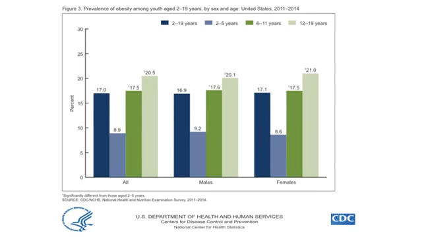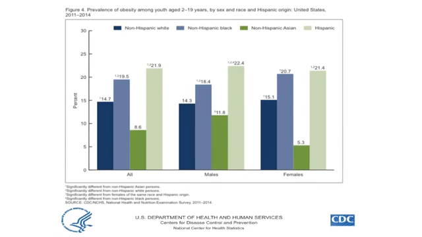So the next slide, we're actually going to transition. The data is coming from CDC, and it looks at prevalence of obesity among youth between 2 to 19 years of age. We can look and see that this graph on the left, these bars represent all of the pediatric population between 2 to 19 years of age, and then we break it down to different sex categories. What's notable is that as we are in our adolescence and young adulthood, the prevalence of obesity is higher amongst this group.